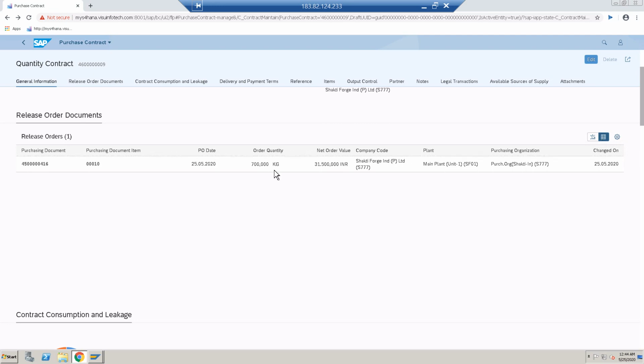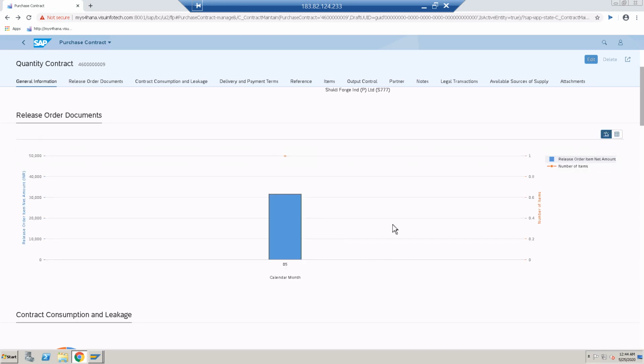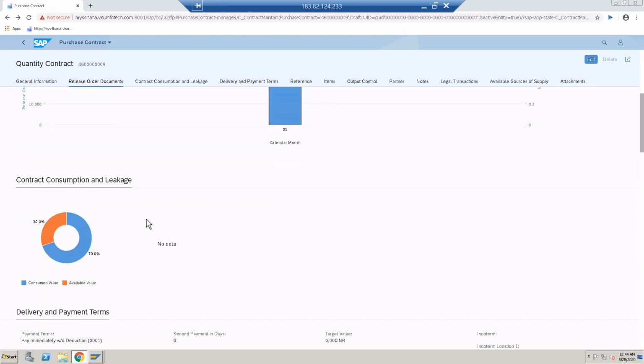Look at here, order quantity 700 kgs. Okay, and the net amount value is this one. If you want to see in graph, you can see. Look at this contract consumption and leakage. Actually target quantity is 1000, but I have